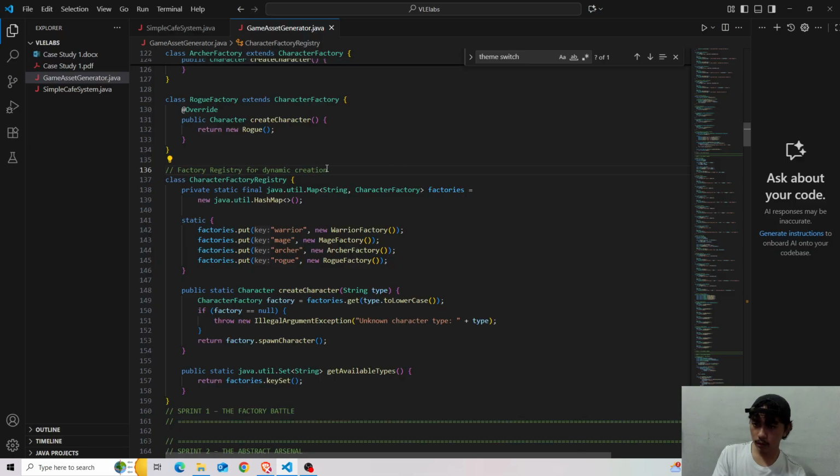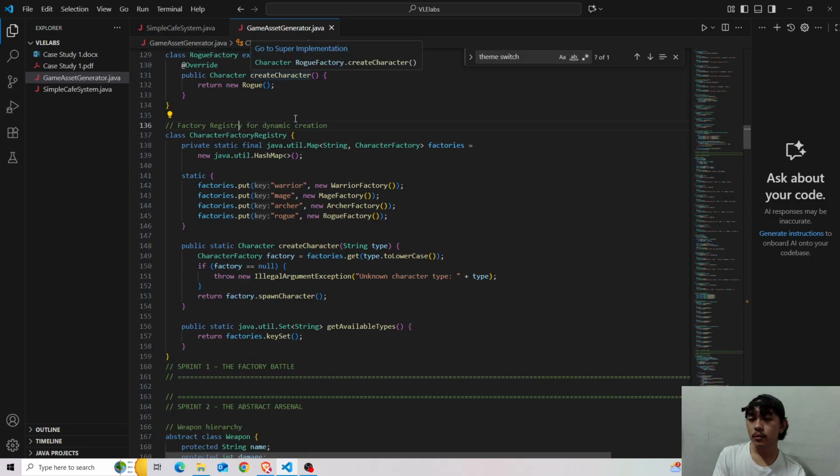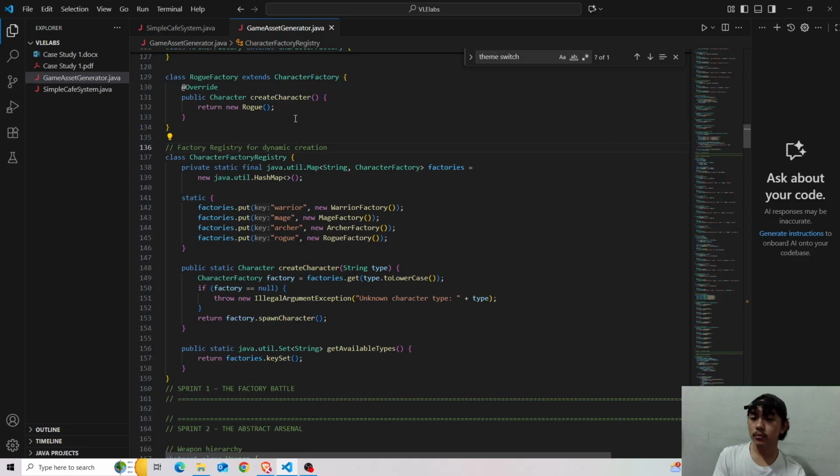The factory registry is to register the factories, the concrete factories, into our map. So we have a map here for the class character factory registry. We have the java.util.Map. So we're using a hash map here, right? So we have a string and then the character factory, what kind of factory.